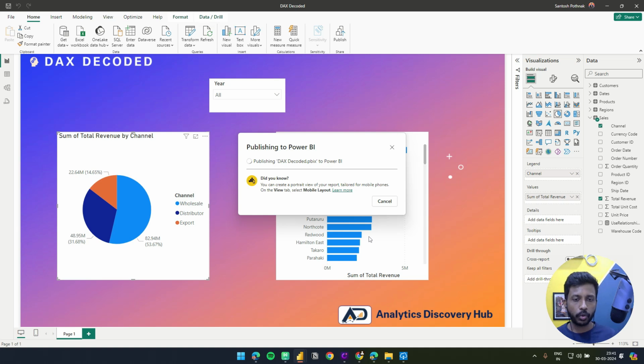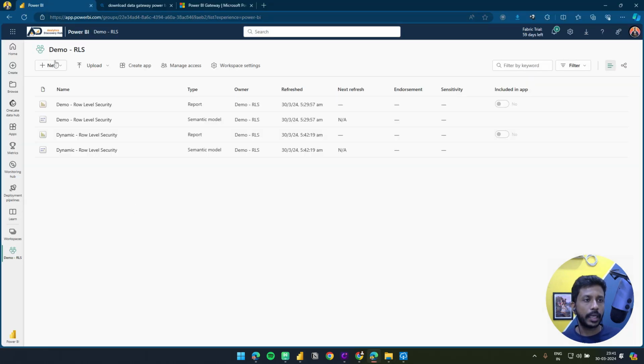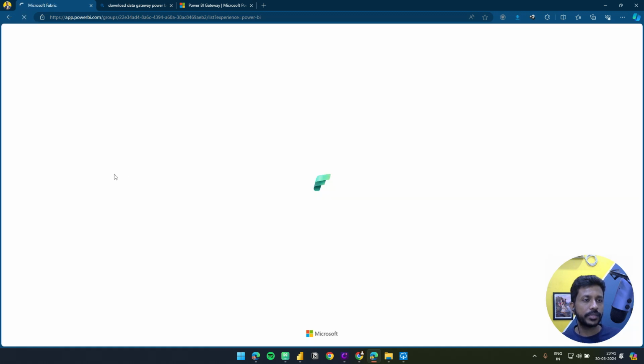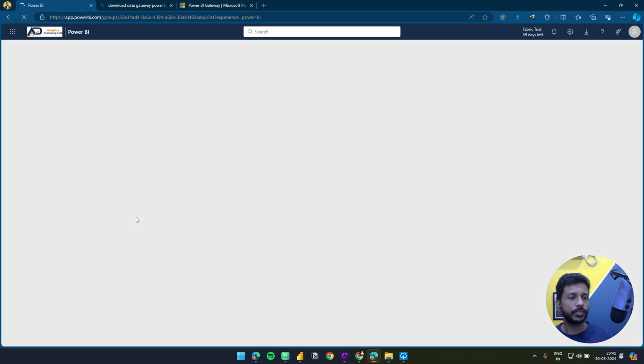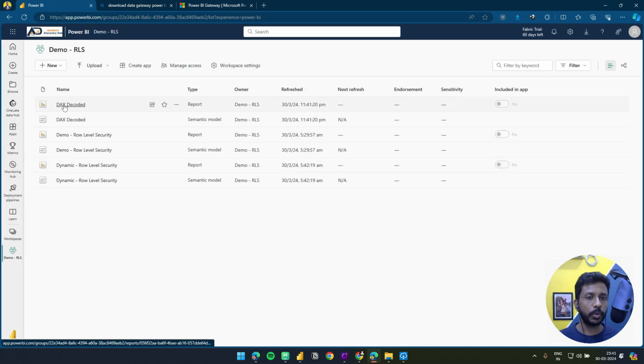So now you can go back to this report on the cloud. So once you see the success message here, you can go back. Yeah, you can see the success message. Now we go back and refresh this page so that you can see this new report sitting here. Yeah. So as you can see the new report. So now you can see